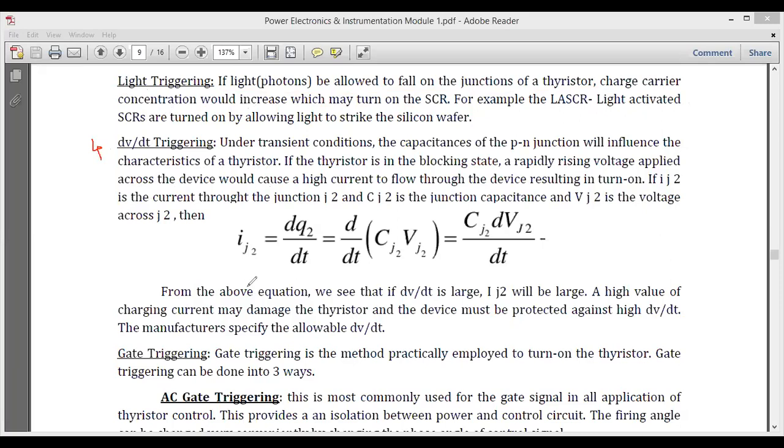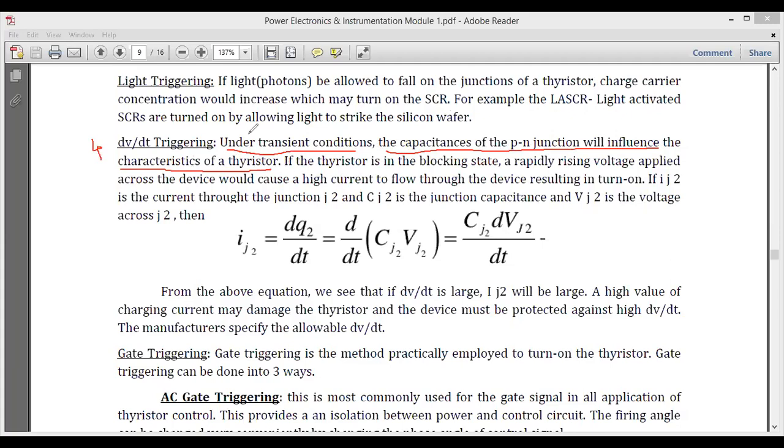Okay, look at these particular equations here. What is happening in the dV by dt here is under transient conditions. The capacitance of the junction will influence the characteristics of the thyristor, because a capacitor is nothing but two parallel plates, and the charge will be accumulating on those two plates. So under some transient conditions, the capacitance of the PN junction will influence the characteristics of the